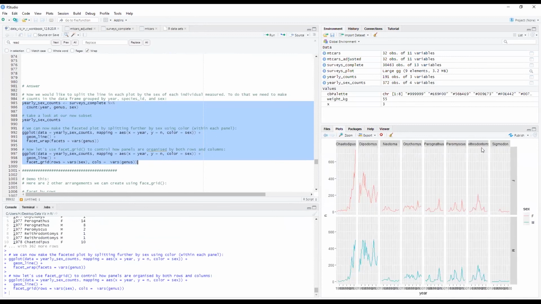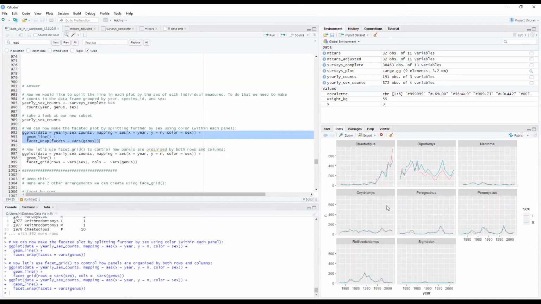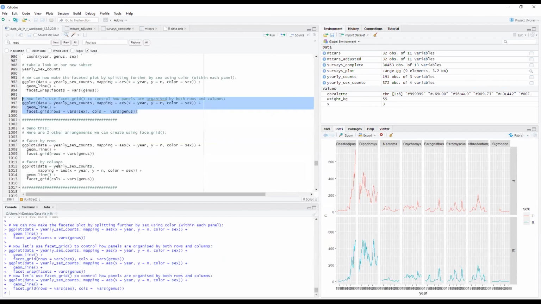So here is another type of faceting method. There are 2 types of facets, one called facet_wrap and one called facet_grid. And just to show you the difference, here is wrap. It's just going line by line like that. And again, before we had facet_grid, I'm just running it again. We have side by side. Right now it's divided in male and female. So I actually did some manipulation to divide it and tease out between males and females. So facet wrap and facet grid.